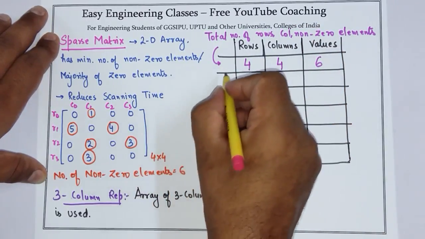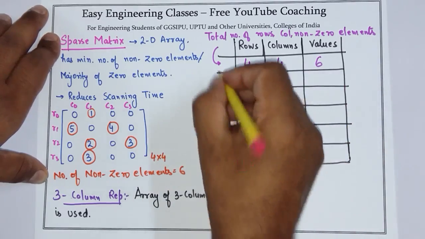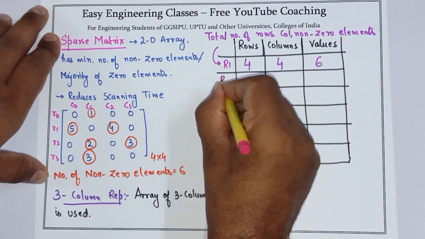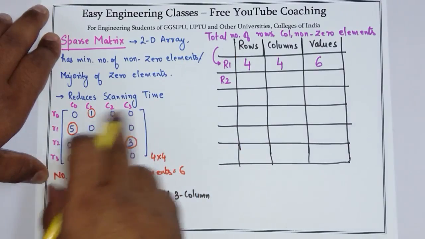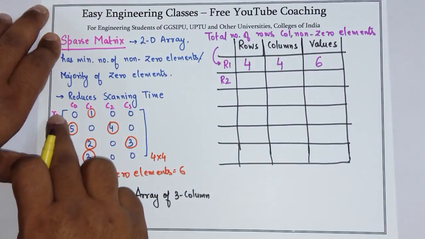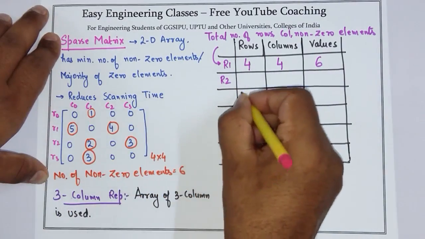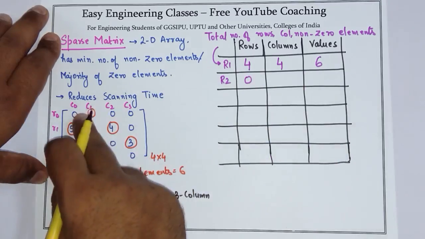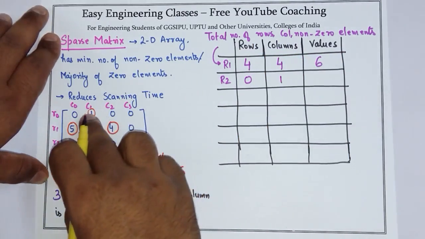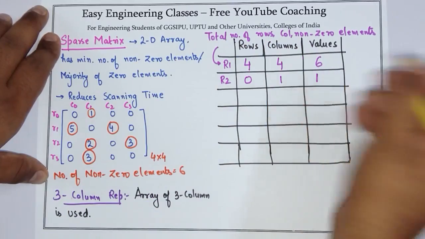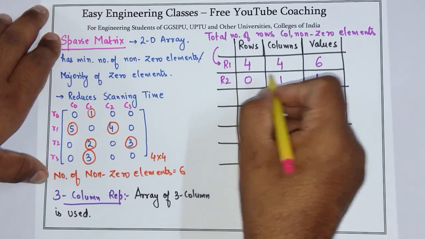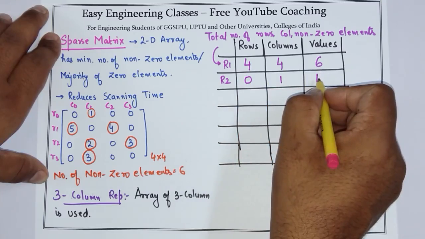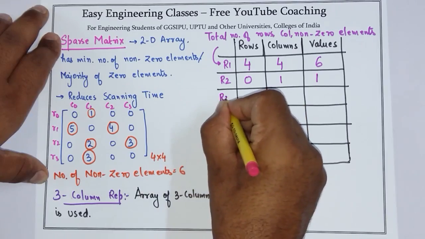Then comes the second row of this 3 column representation. This is row 1 and the second row of 3 column representation. Second row में आप एक एक करके rows को ट्रेवर्स करना शुरू करेंगे। That is row 0 में कॉलम 1 में एक नॉन ज़ीरो एलिमेंट है जिसकी वैल्यू है 1। सो 0th रो में फर्स्ट कॉलम में एक वैल्यू है नॉन ज़ीरो जिसकी वैल्यू क्या है 1।